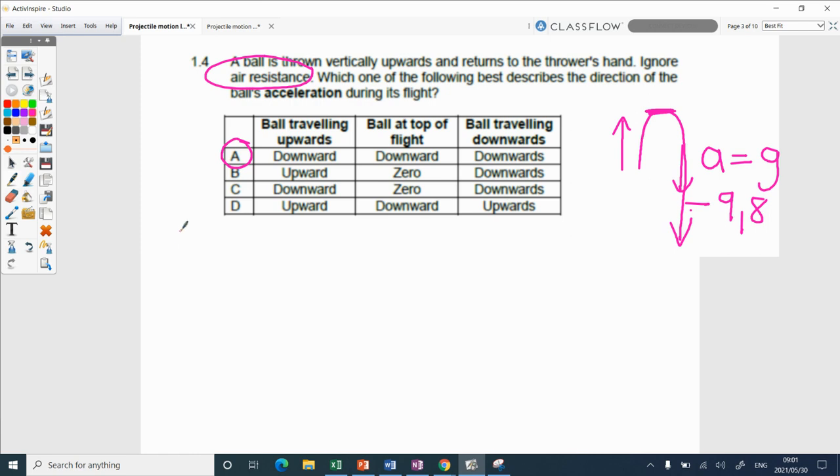But people get confused because they confuse velocity and acceleration. And that's why guys, we don't overuse bolding in final papers. If there's something in bold, there's a reason for it. So she bolded it for a reason, so that you don't get confused with velocity. Because a lot of people said up, 0, down, because they were thinking about the velocity rather. Velocity at the top is zero. Yeah, and velocity here would then be positive. Velocity up. Velocity there would be 0 and velocity would be down. Don't get confused.